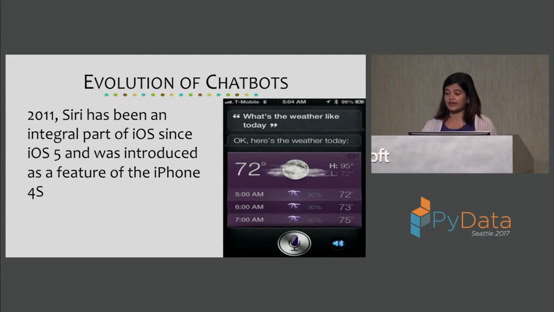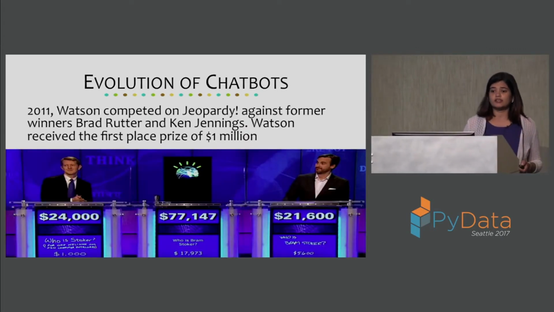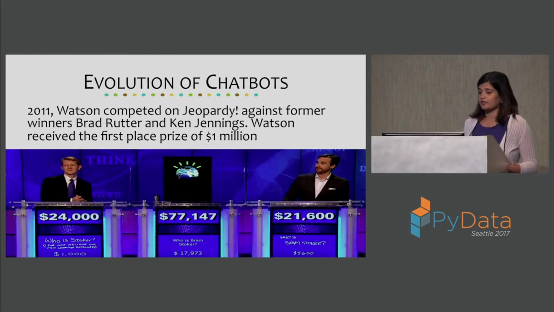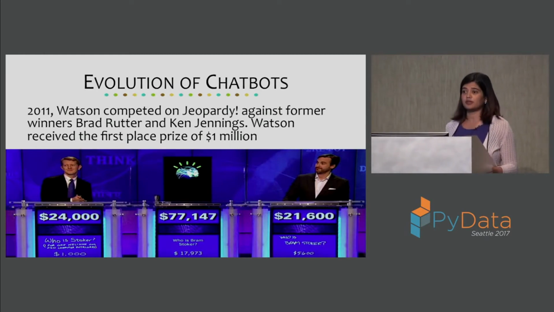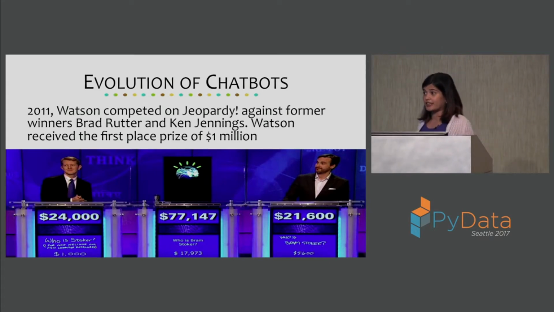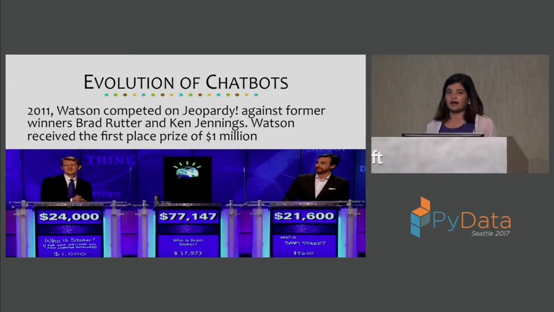deal back in 2011. Another thing that happened in 2011 was Watson by IBM competed in Jeopardy, and it actually beat 2 human people who were experts in their fields and experts in Jeopardy with a prize of $1 million. And that was a very big deal because now we were at that stage, and it's a big deal for science, that we can actually make computers compete with human beings for answering questions.